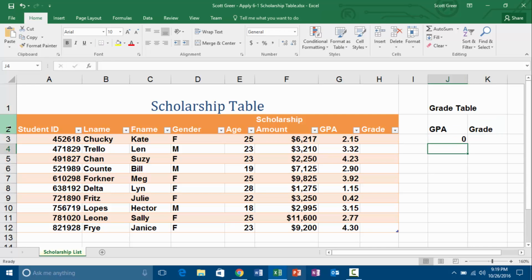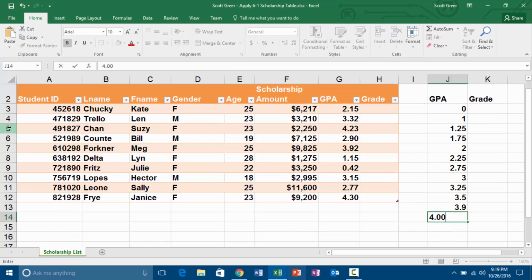We're going to have a 1.00, 1.25, 1.75. It doesn't look like we have a series here, so I can't just drag a series. So I'm just typing in these numbers, and they are on page 360. Then we're going to do a 2.00, a 2.25, a 2.75, a 3.00, a 3.25, a 3.50, a 3.90, and a 4.00, and